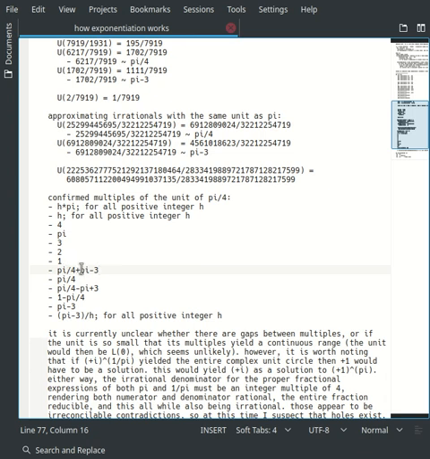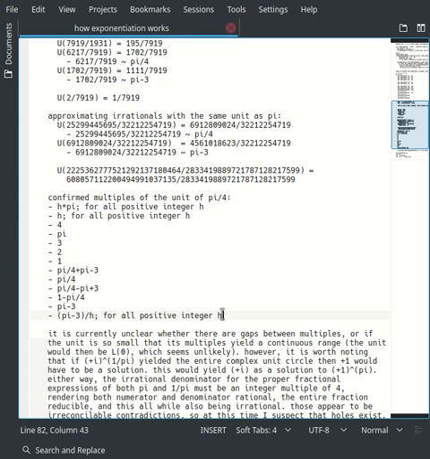And then it turns out that if you take pi and subtract off 3, just the 1, 4, 1, 5, 9, 2, 6, 5, 3, 5, 8, 9, 7, 9, etc., that is a multiple of the unit of pi. So you can just subtract the 3 off, and that's how I know 3 is okay. But then that little thing, you can just take that from pi on 4, or add it to pi on 4, or subtract it from pi on 4, and then you definitely have a multiple of the denominator of pi. Pi on 4 itself also works. 1 minus pi on 4 works. There's pi minus 3. And you can also divide pi on 3 by any positive integer,